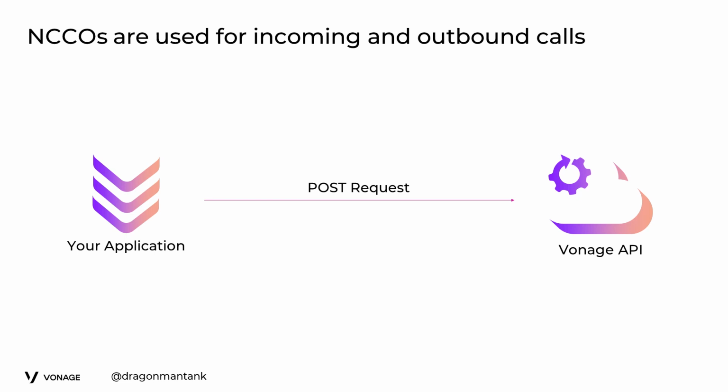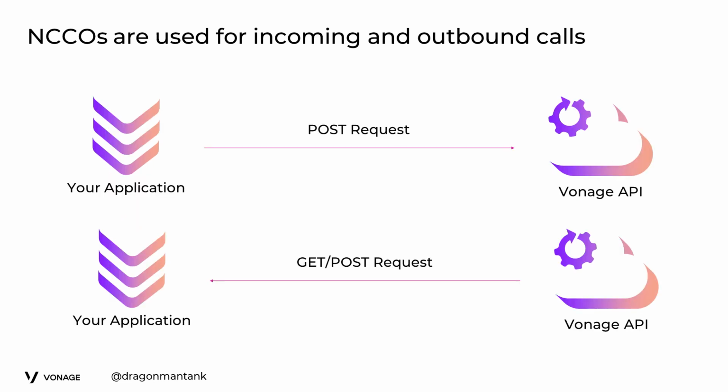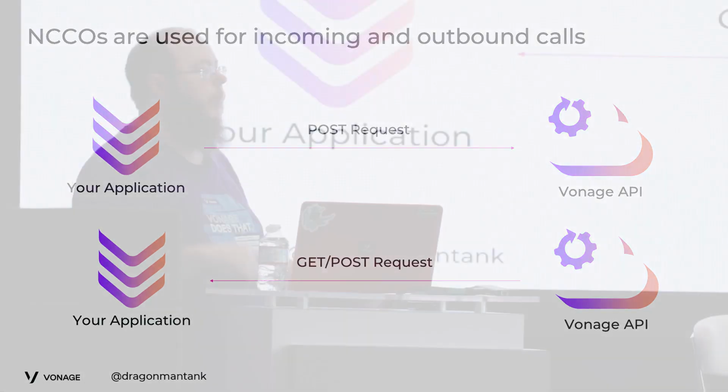What will actually also happen is, depending on things like if you asked for user input, we will make a request back to your system as well. So you can set up your application to say, okay, well, we ask them for your name or whatever, and they mention that, we will send that back to a specific URL on your website. You can handle that, do whatever you want, and then send that request back to us, and then you can keep that flow going back and forth. But it's important to remember that not only will you talk to the Vonage API, the Vonage API will be talking back to your application.